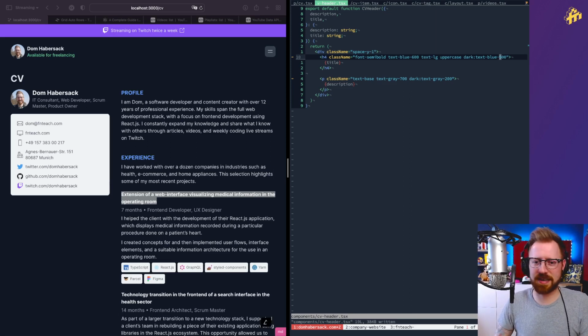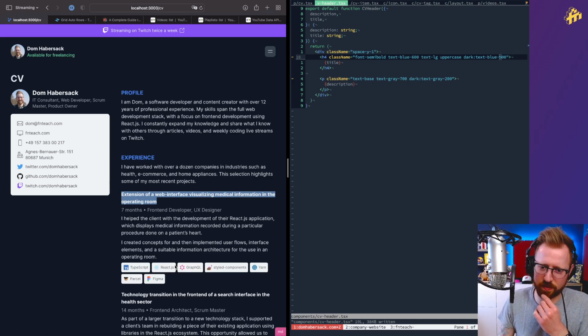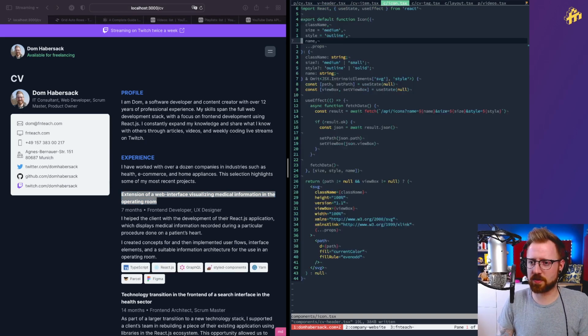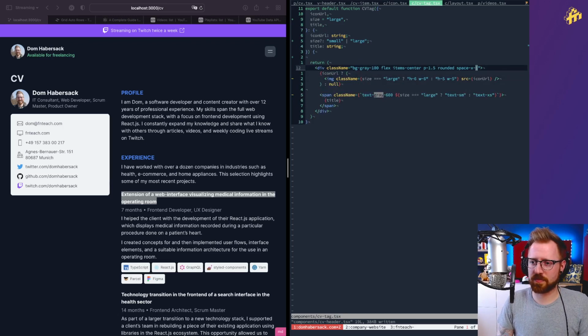Let's go 500, and let's keep going. The skills here, those will be difficult if I go to the CV tag. And usually I like to just flip the color. If I am at text gray 100, I go to 800, so they add up to 900 and it's mirrored in the middle exactly. But if I do that here and I go BG gray 800,